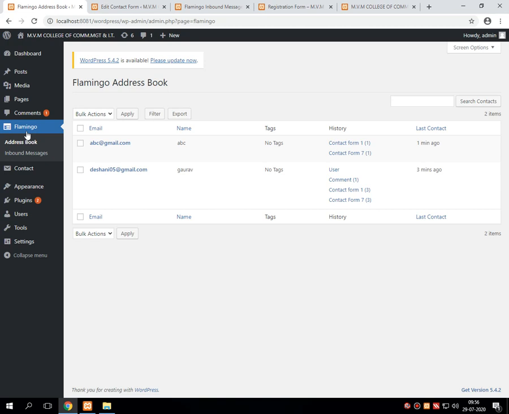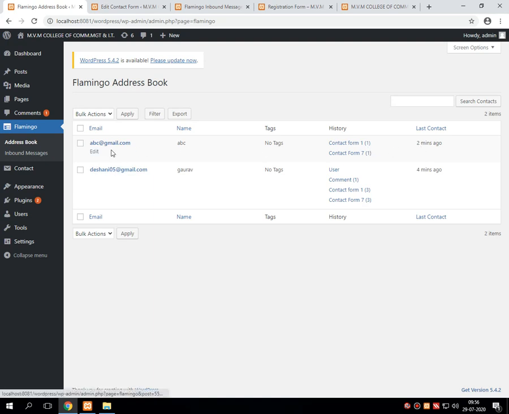For the admin side, we need to install Flamingo as another plugin, which shows whatever request and data came from the user side. Clear? Now in this Flamingo, as you can see, there are many options.